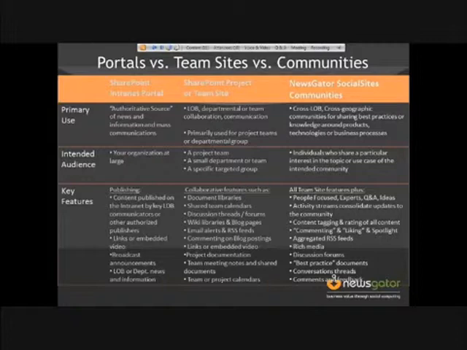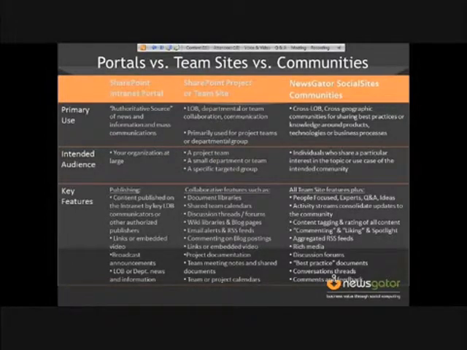Communities are, in a lot of cases, cross line of business. Right? They're trying to bridge those different silos of information that are out there, and pull together people across geography, across lines of business, across products. And it's really people focused, right? It's about the questions and answers. It's about ideas. It's about expertise.